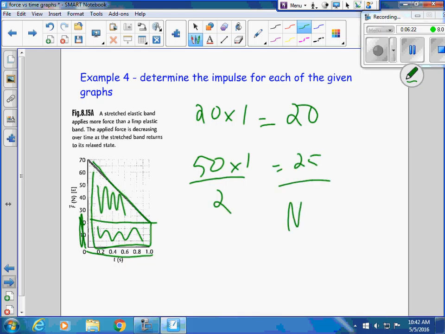25 for a total of, what am I doing? 45 Newton seconds of what? Impulse. 20 plus 25 Newton seconds. Add the rectangle plus the triangle. Now, what do you do